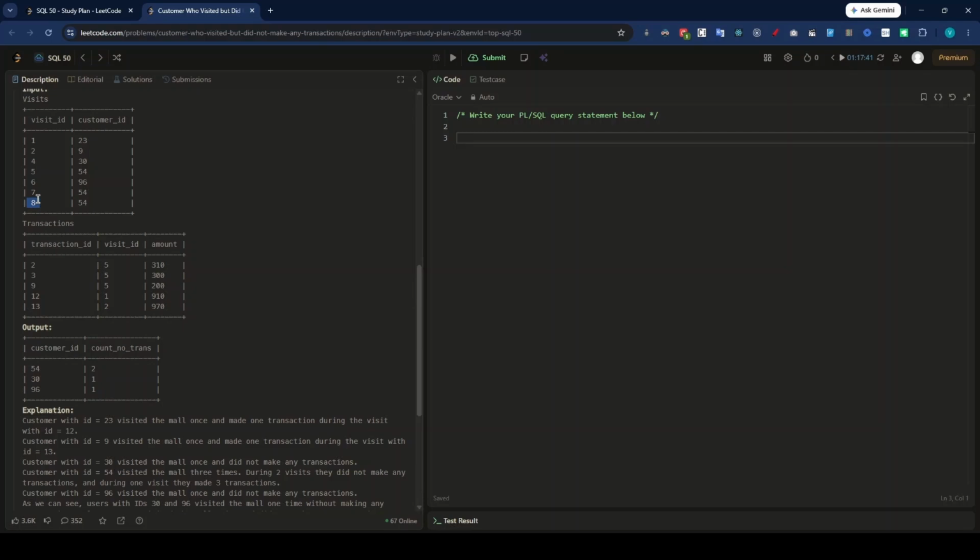So we need to find out those guys and how many times they have visited without making any transaction. Okay, so you can see that 54 has visited 2 times, the number of times he has visited, and 30 has visited only 1 time like that without making any transactions, and 96 has also visited without making any transactions. Okay,